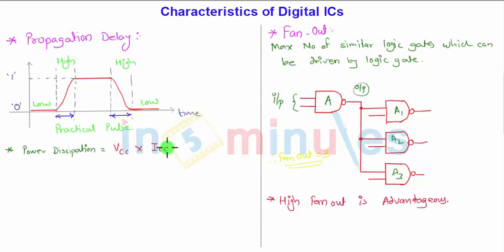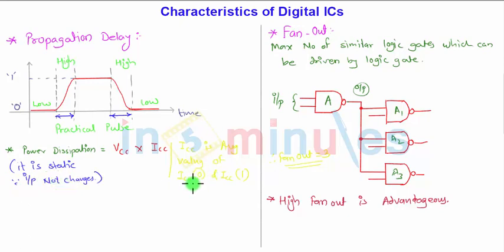But what is important here is that ICC is not fixed, because the output current ICC is different for the logic 1 state and different for the logic 0 state. So the ICC I am taking here is the average value of the ICC current when the output state is 0 and the same ICC current when the output state is 1. So this is nothing but the power dissipation, the loss, and this is static. One more important point, it is static since the input does not change,